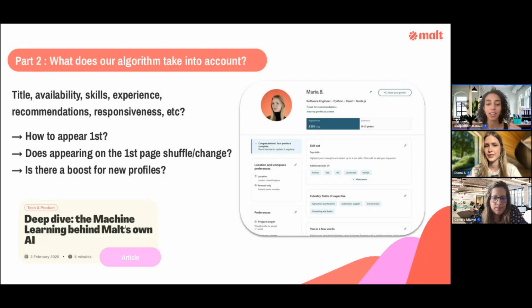And then for the algorithm, what does it read? Well, the same thing as a client. The first important thing is your job title. So as you did, Maria, on your profile, make sure your job title really sums up what you do and the keywords you want to highlight in your experience. The idea is, as a human, I'm too lazy to read, so I'll just read the first thing I see, and it gives me an idea of what's behind.